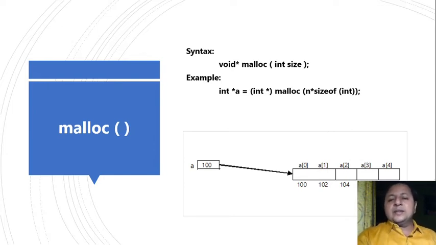This is how you can use malloc: malloc of n into sizeof int. I can only give sizeof int also, so it will only create one integer. Currently we are focusing on how we can have dynamic memory, a dynamic creation of the array. So I want n integers, so it is n into sizeof int. Sizeof int is typically given because it calculates the size of int required for the corresponding system. Suppose sizeof int is 2. Then malloc is going to allocate memory of size 2n.